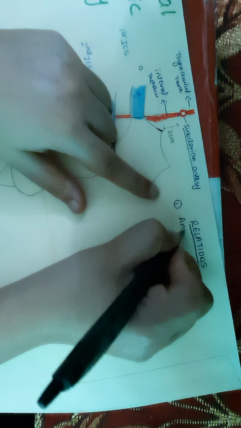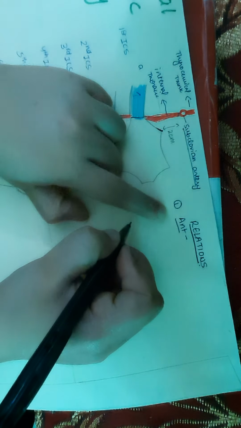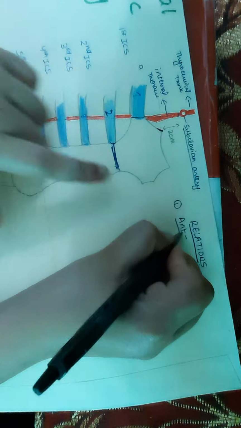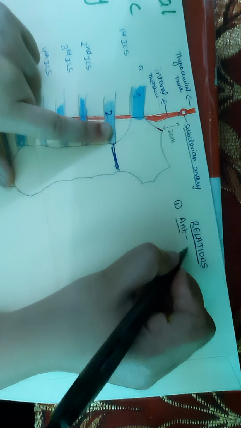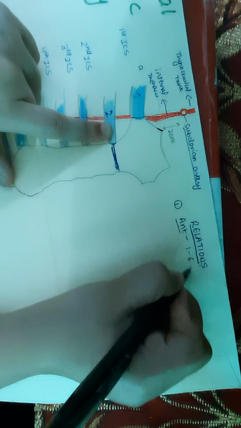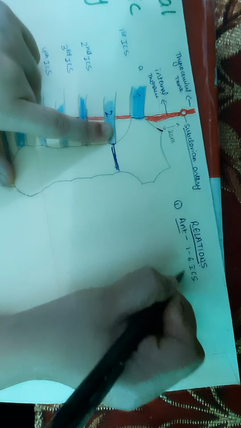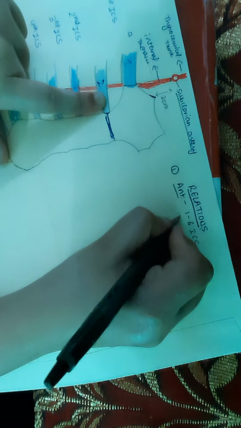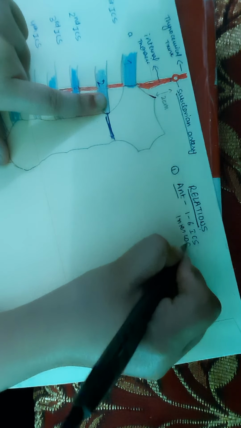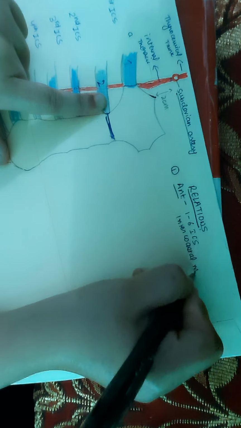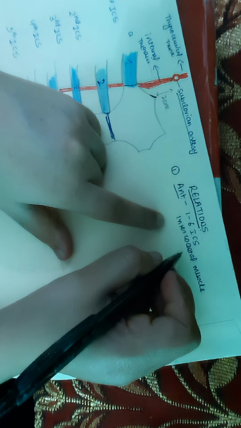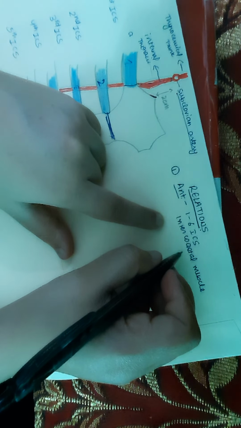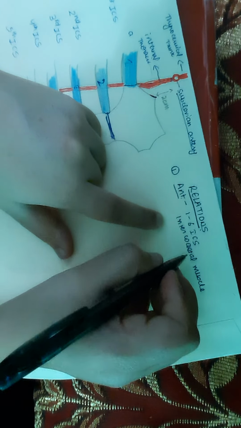First of all, if we talk about the anterior relations, anteriorly you are going to see it very easily. You have the ribs, so the first to sixth ribs, or the first to sixth intercostal spaces, ICS, I'm writing it. Then we also have the intercostal muscles. What are the 3 intercostal muscles? You have the external intercostal muscle, the internal intercostal muscle, and the innermost intercostal muscle. These are the 3 major intercostal muscles.